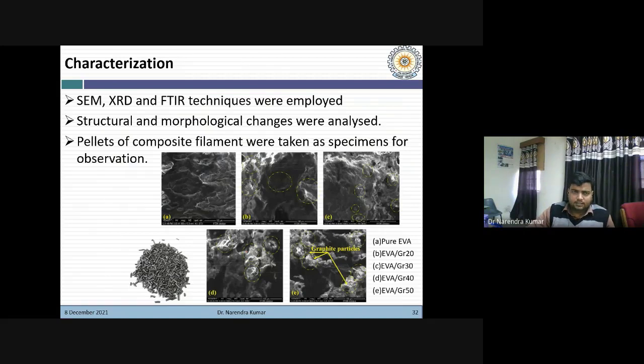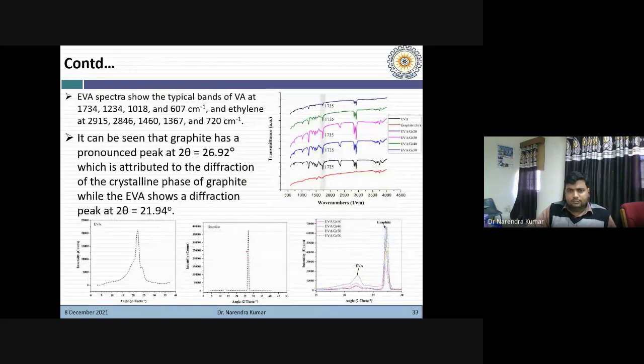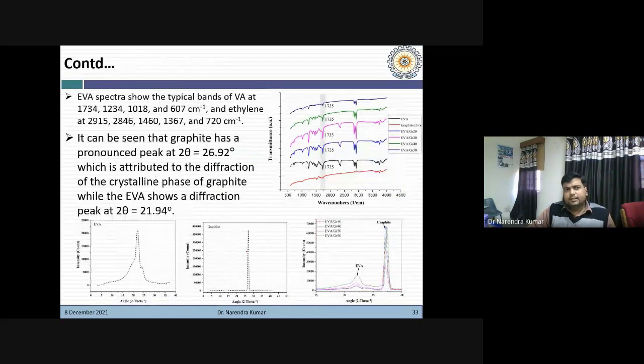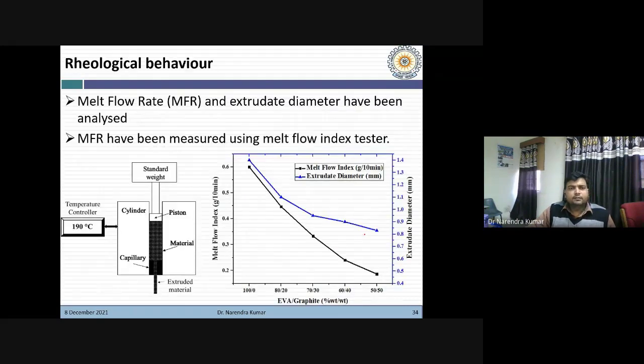So these are the results of SEM. I'm not going into that much detail because I want to show you the rest. Here the XRD spectrum is shown, which confirms the presence of both EVA and graphite in the composite material. Then we went for the rheological behavior, where we looked at the melt flow rate,